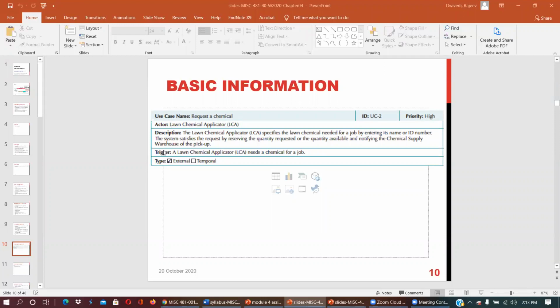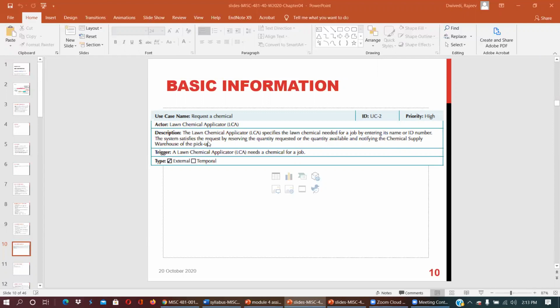Now look into the trigger: a lawn chemical applicator, LCA, needs a chemical for a job. This is an event, a trigger point from where the use case starts. Look into the description now: the lawn chemical applicator, LCA, specifies the lawn chemical needed for the job by entering its name or ID number.